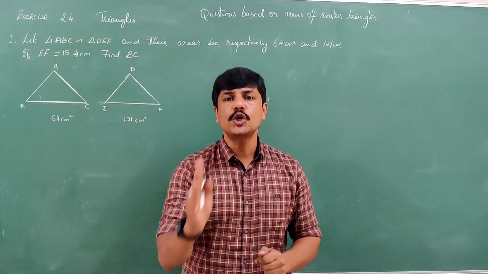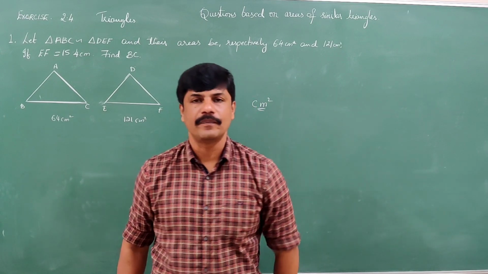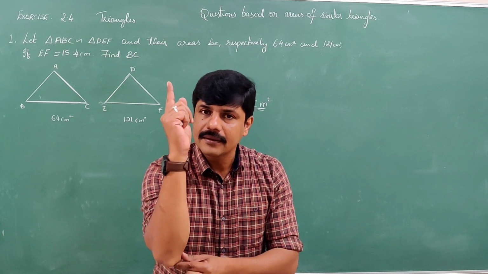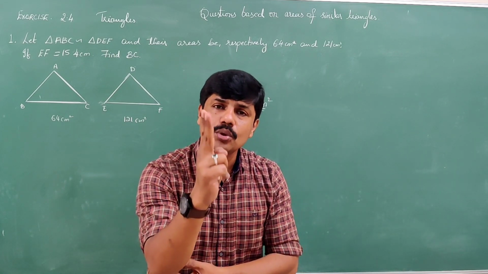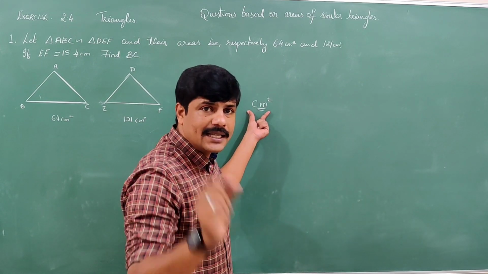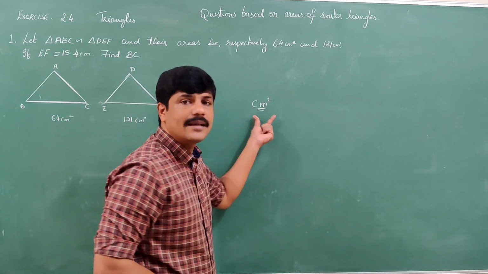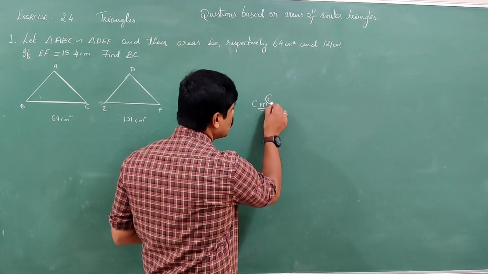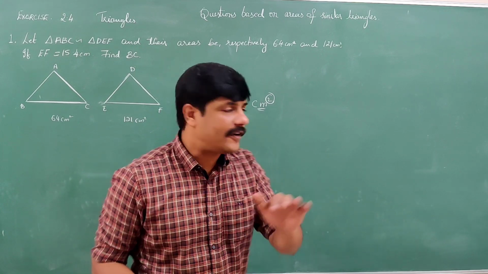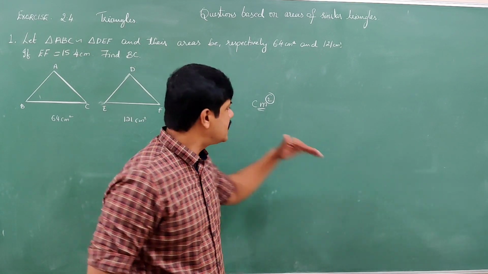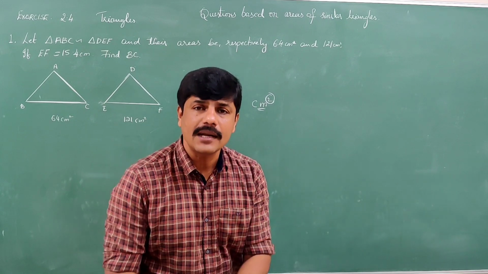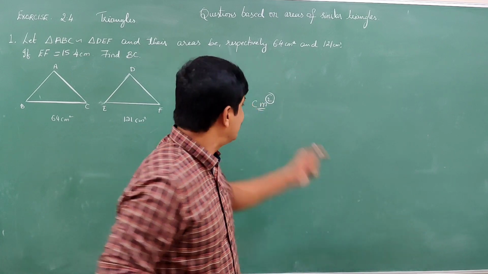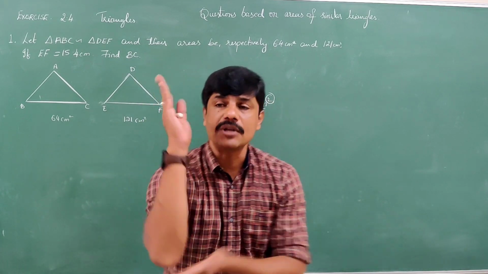So area is two dimension. What are the two dimensions? You know that: length into breadth. Length and breadth are the two dimensions. Therefore, it is centimeter into centimeter, centimeter square. Whenever we define area, we make sure it is square, because it is two dimension. If it is in meter, meter square. If it is centimeter, centimeter square. If it is in millimeter, millimeter square. When we define area, we use square because it is two dimension.